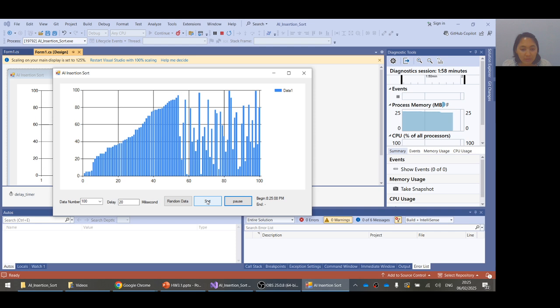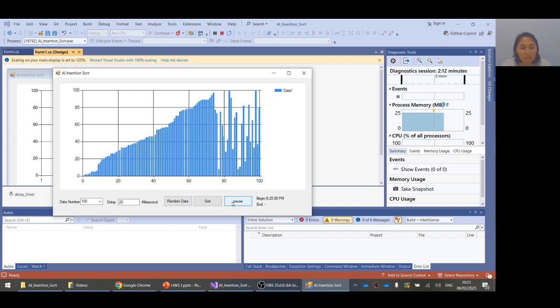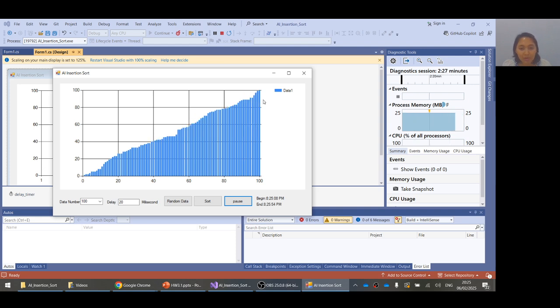I'm sorry, not using the sort button to continue, just click the pause button and then click the button again. This one is continue. Then the random data will be sorted in ascending order,